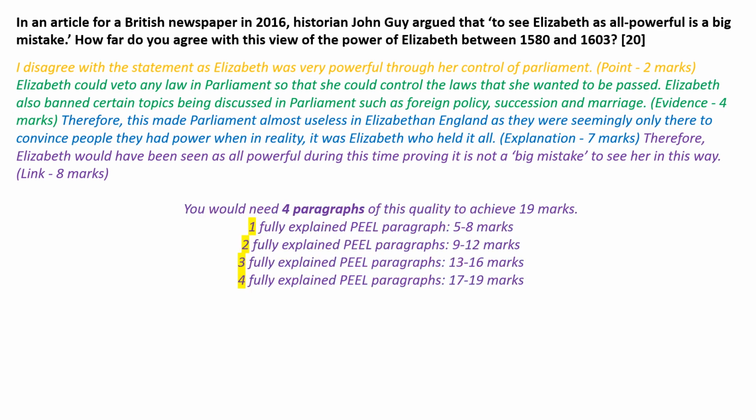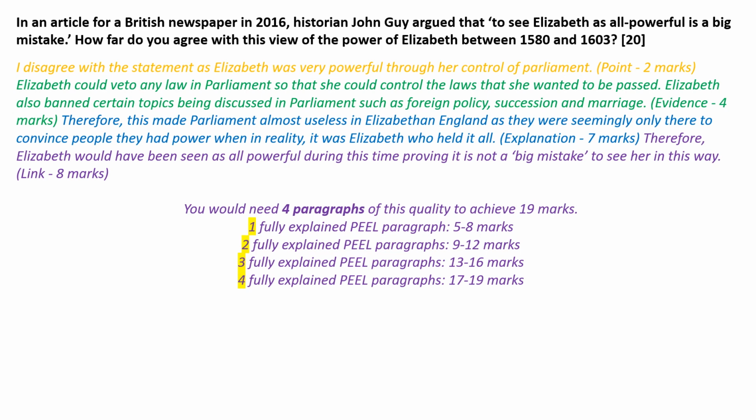So in terms of how we move up the mark scheme, 1 fully explained Peel paragraph for this question would achieve between 5 and 8 marks, 2 would be achieved between 9 and 12, 3 Peel paragraphs between 13 and 16, and 4 Peel paragraphs between 17 and 19. So the way that we would achieve our final mark, if we had 4 fully explained Peel paragraphs that were of similar quality as the same as the one that we've just looked at together, to achieve our 20th mark,